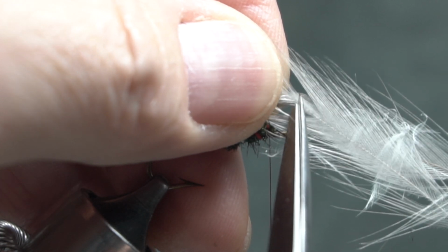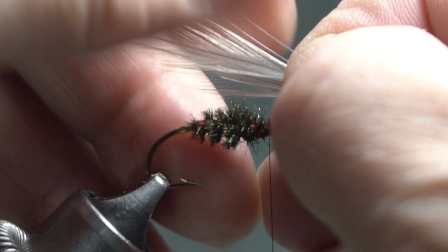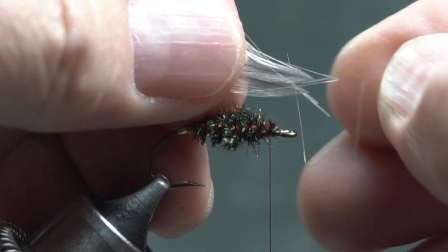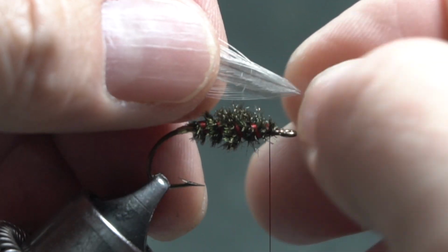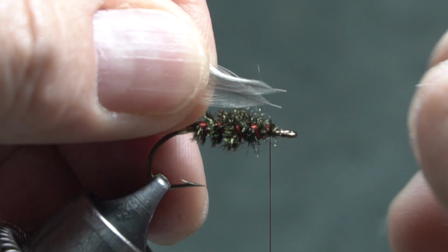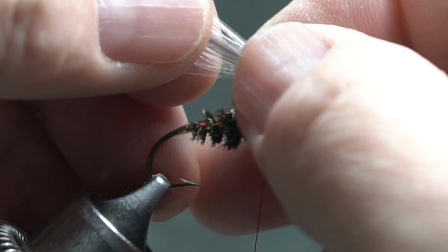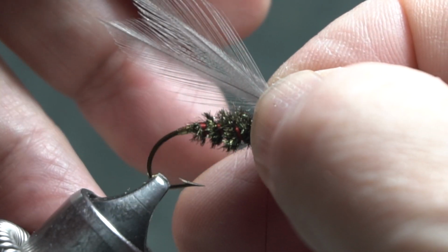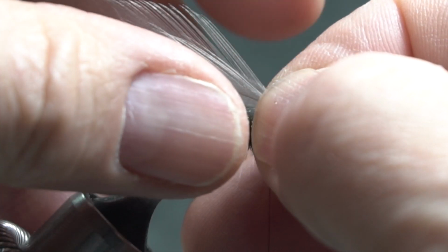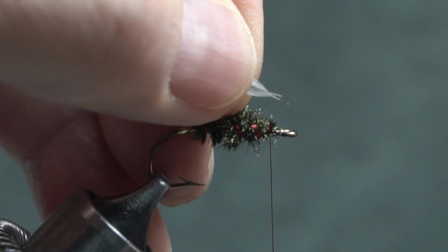See if I can cut them together. And just keep hanging on to both of those feathers together and pull off the barbs from the ends. Keep them lined up, keep them together properly. And this is the hardest part of this fly, is to get these 2 feathers tied in here